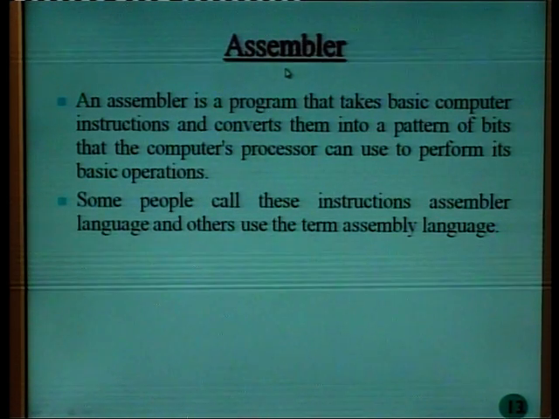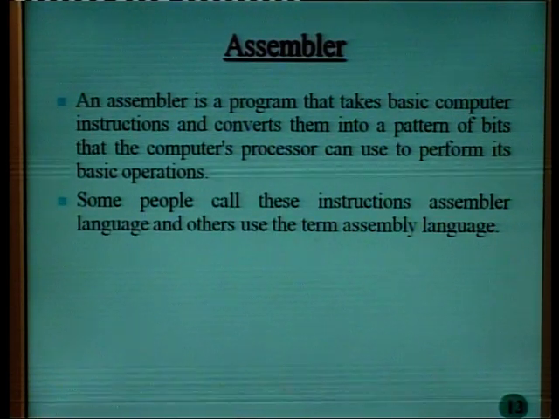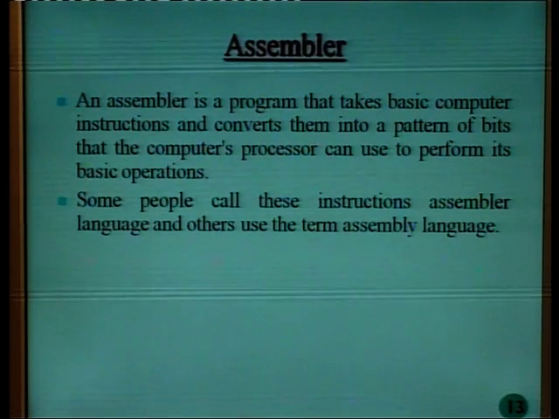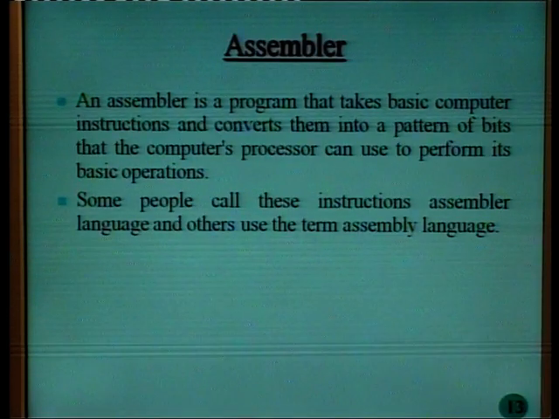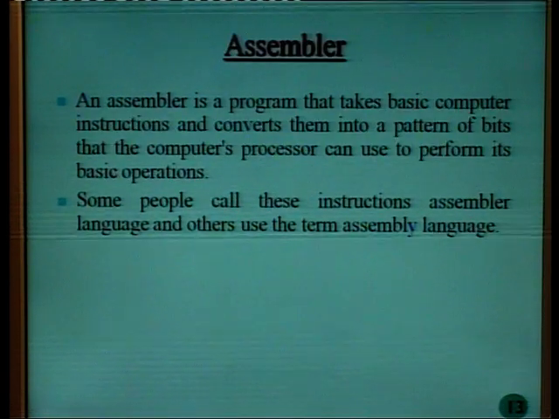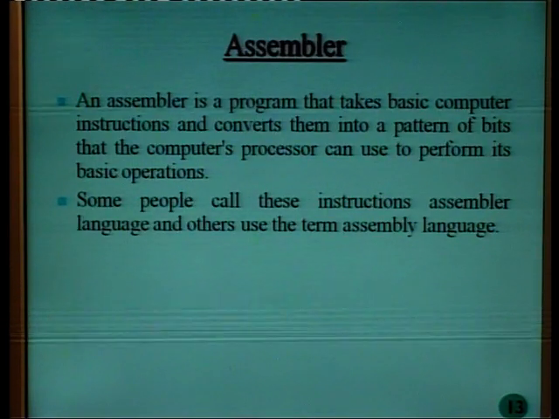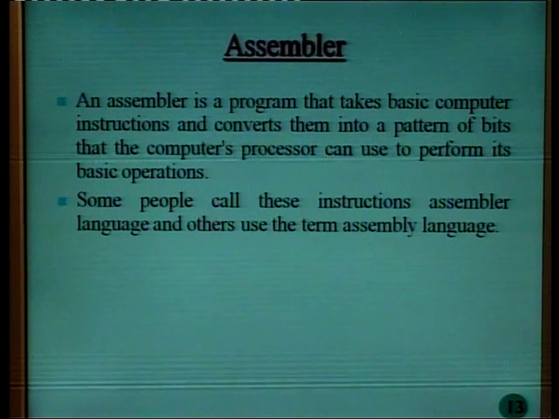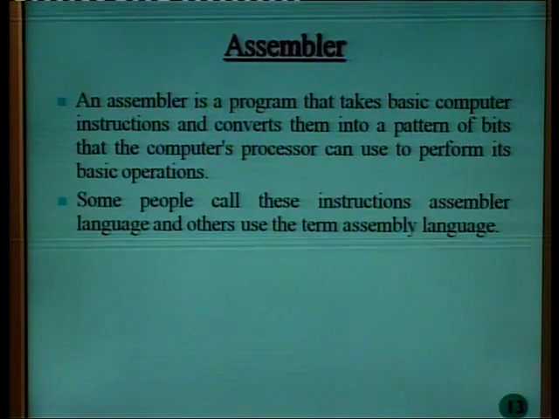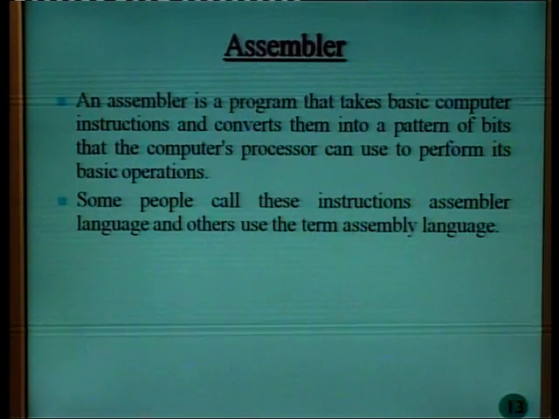So as per the definition, an assembler is a program that takes basic computer instructions written in the assembly language and converts them into a pattern of bits that the computer processor can use to perform its basic operations. Generally, an assembler accepts input as a source program written in the assembly language in the form of mnemonics and translates this source program into object code with information for the linker